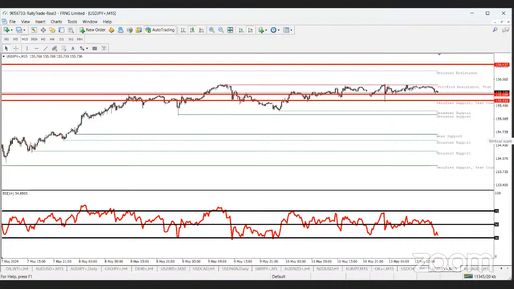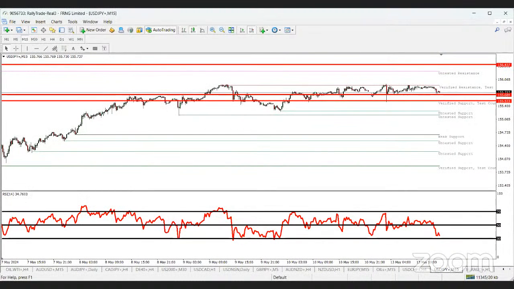But personally, my bias for this instrument right now is bearish. The price being rejected at that verified resistance, I will not be surprised if it gives me a fall to get USD JPY falling further. You understand? Then finally, let's look at